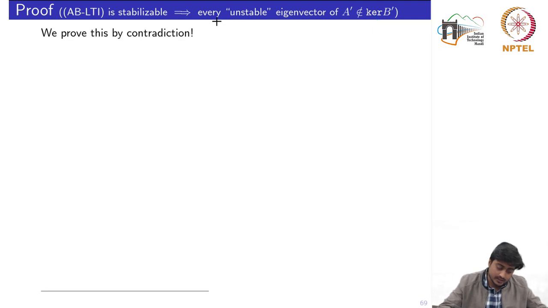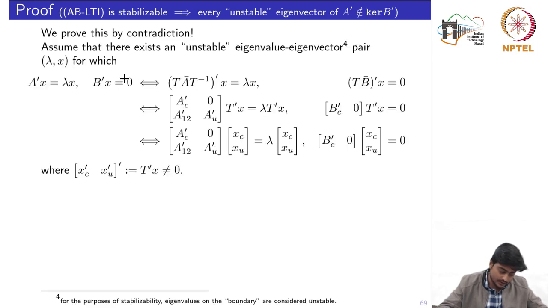That is to say that there exists an unstable eigenvector of A transpose which is in the kernel of B transpose, which implies that the pair (A, B) is not stabilizable. Okay. So assume that there exists an unstable eigenvalue-eigenvector pair (lambda, x) for which these two equations are satisfied. That A transpose x is equal to lambda x, meaning x is the eigenvector corresponding to an unstable eigenvalue. That's why we are calling it an unstable eigenvalue-eigenvector pair (lambda, x). Okay. And since this eigenvector is in the kernel of B transpose, we would also have B transpose x equal to 0,